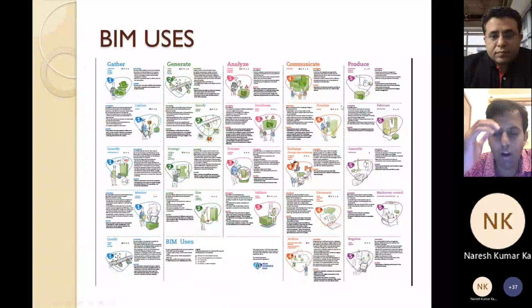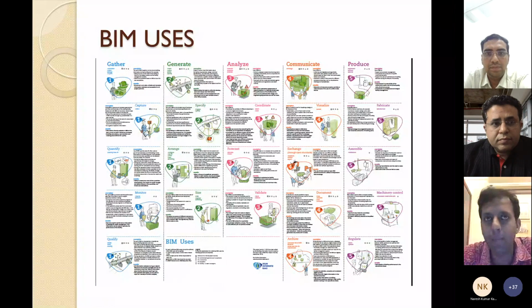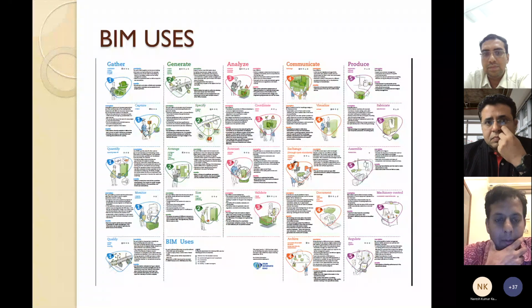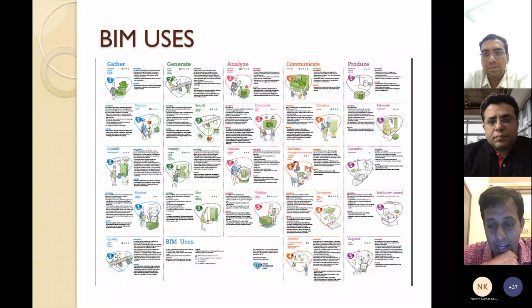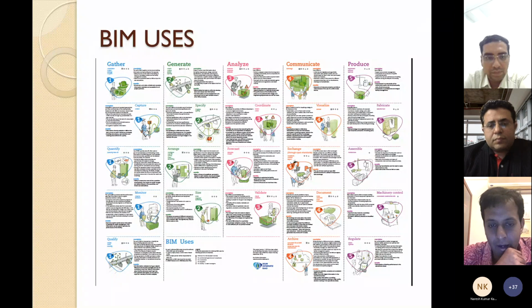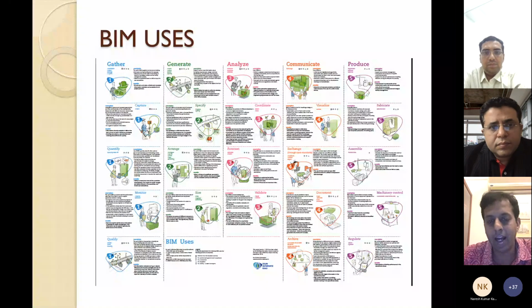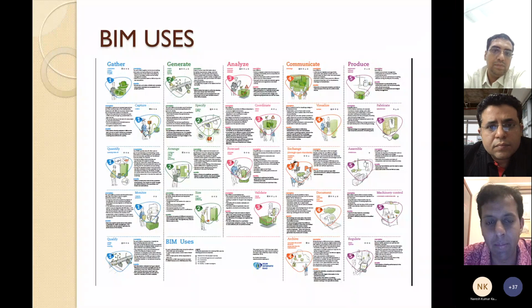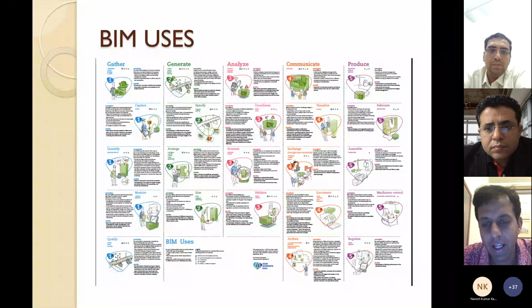Okay, so let me share a few slides. Let's start off with this: we are not implementing CDE for the sake of implementing CDE. Like I said, CDE is an operating system or a platform that allows you to do things that essentially enable your business to be more productive and more profitable. In this case, it allows you to more effectively build BIM models. So the next question is, why do you even build BIM models?